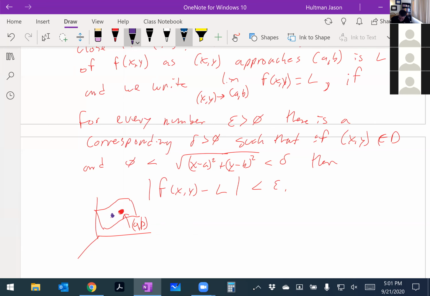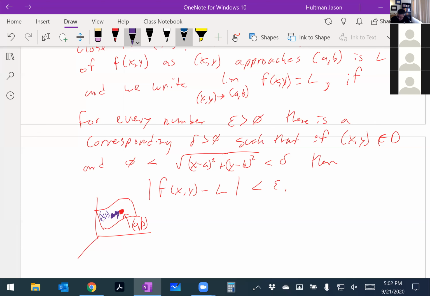Well, this is another point on the curve. XY will be on the curve. That's fine. But they're getting arbitrarily closer and closer to each other is what we're saying. And this is going to approach this guy. I'm pushing this point closer to this point, and it's traveling along an x path and a y path to do that. It's traveling in the xy plane, so x's are changing and y's are changing. And it's getting closer and closer